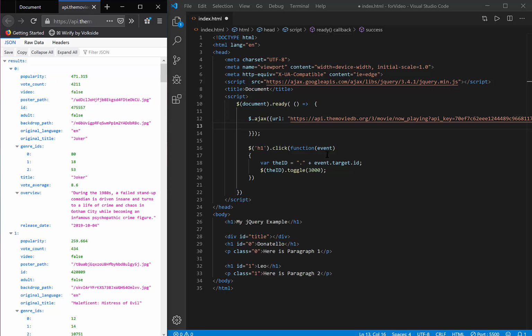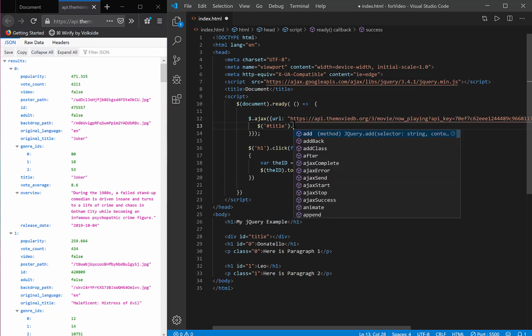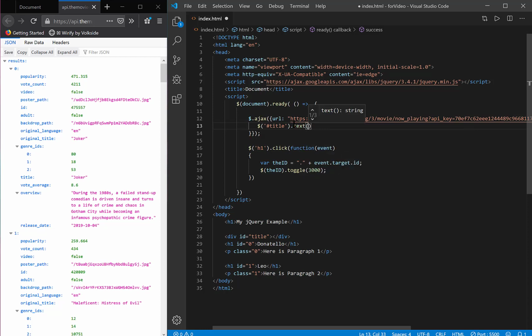All right, so in that variable result, I have results. And I know that's confusing because those are all named the same, but that's how it happened to come across. So let me get this div in my hand. So I'm going to use jQuery to do that. So use the $ sign and then my selector, which is an ID, so that's a #, and then title is the name of that selector. So with this, that's grabbing this div, and I'm going to do text, and inside the text, I'm going to